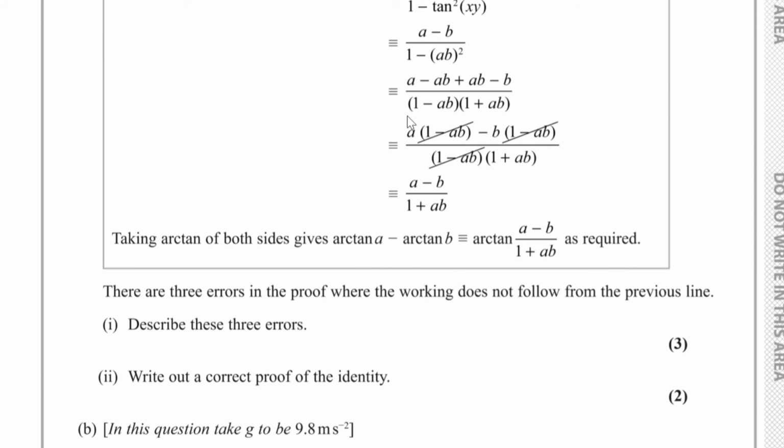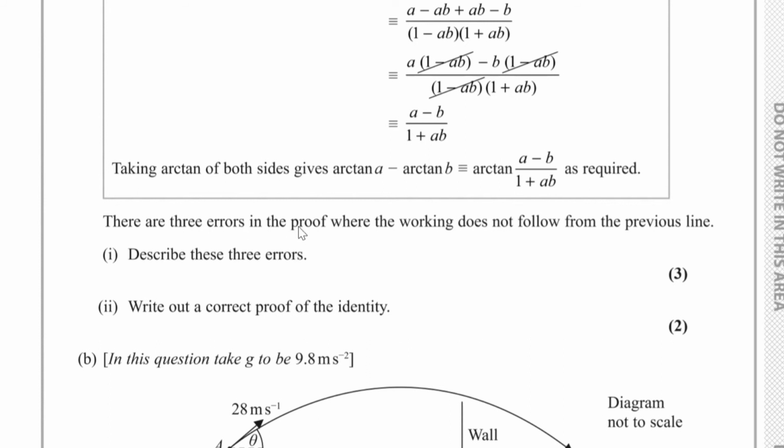And then they've factorised, so they've got A multiplied by 1 minus AB, now that bit's incorrect, and then they've got minus B multiplied by 1 minus AB, and then on the bottom they've still got the 1 minus AB times the 1 plus AB. Now the 1 minus AB's cancel, leaving them with A minus B over 1 plus AB, and taking the arctan of both sides gives arctan A minus arctan B is equivalent to arctan of A minus B over 1 plus AB as required. There are 3 errors in this proof